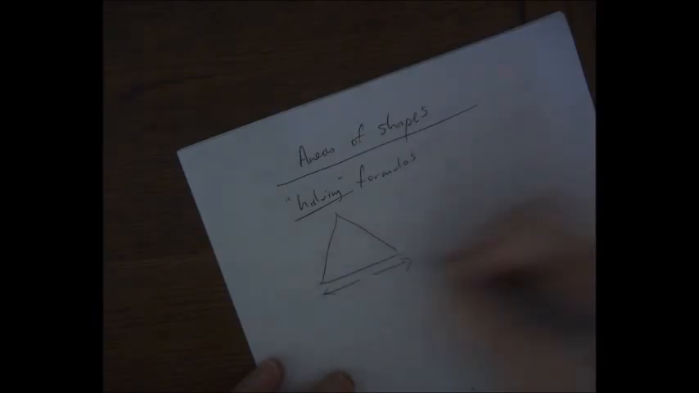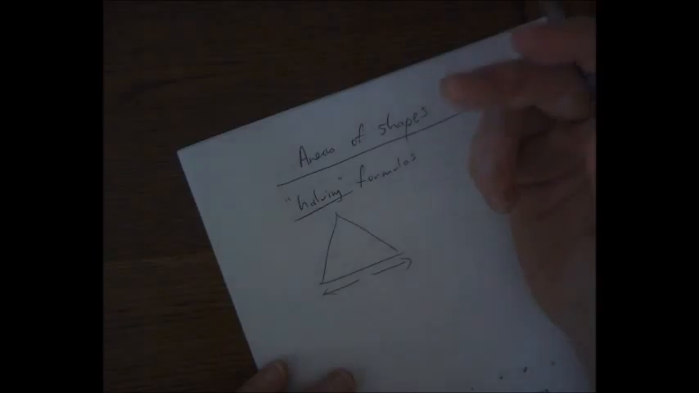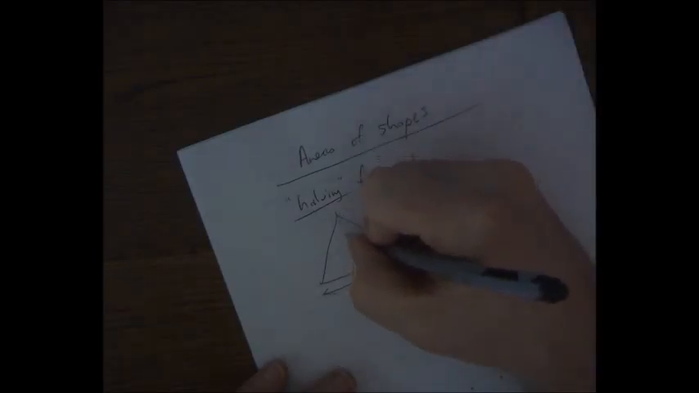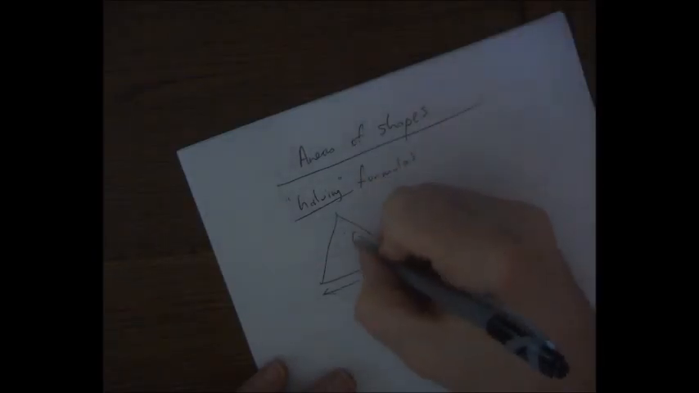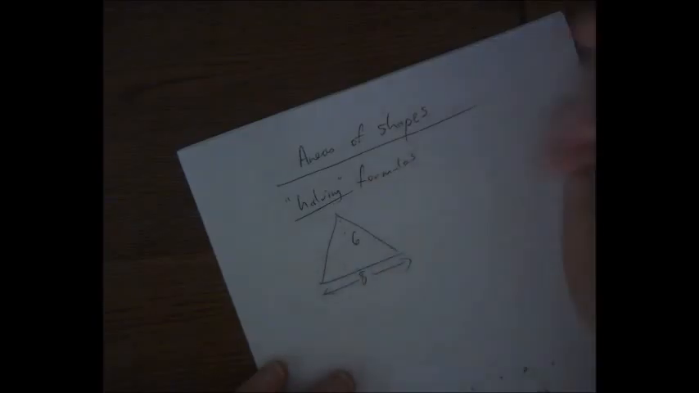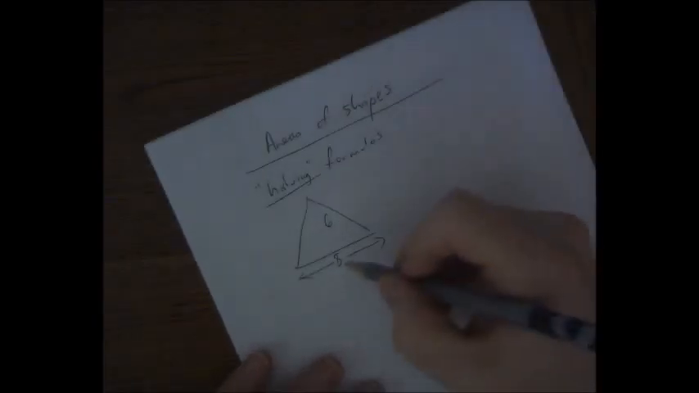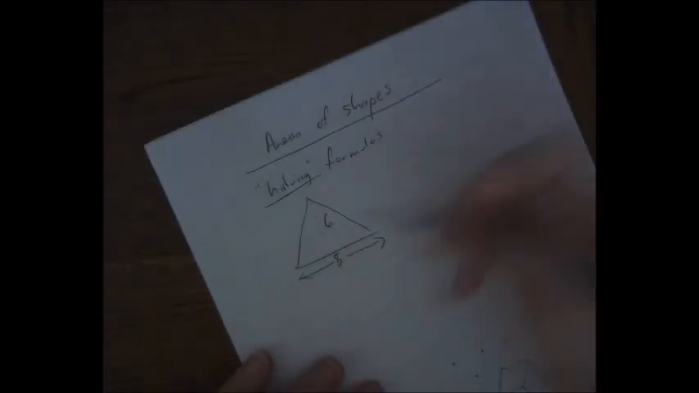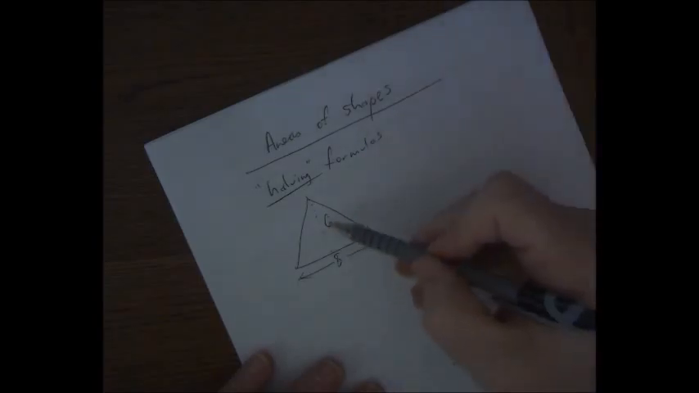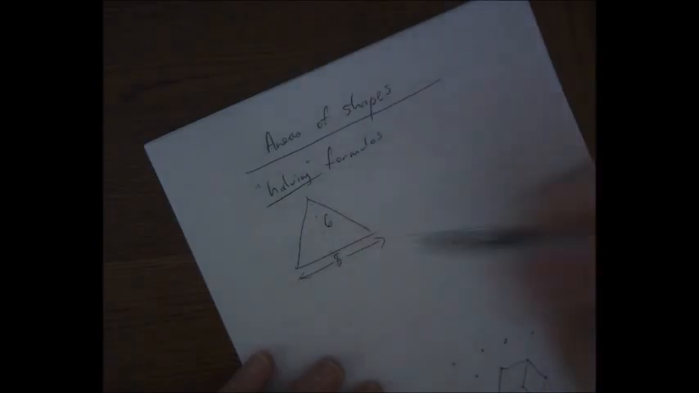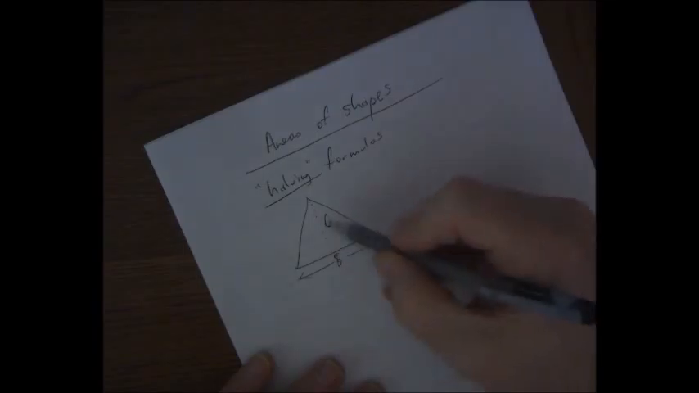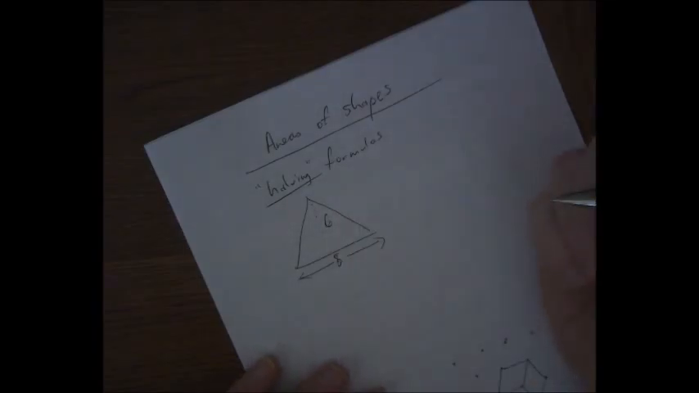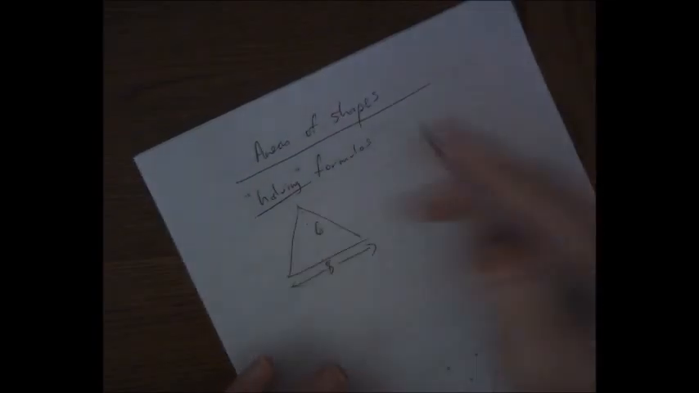Basically, you just have to halve something. People often call it half the base times the height, but it doesn't matter what you halve, just as long as you halve something. So if that was 6 and that was 8, they're both pretty easy to halve. You could go half of 8, which is 4, times 6, you get 24. Or you could do half of 6 times 8, that'll be 24. Or you could do 6 times 8 and get 24, and then halve the result. Just as long as you halve something